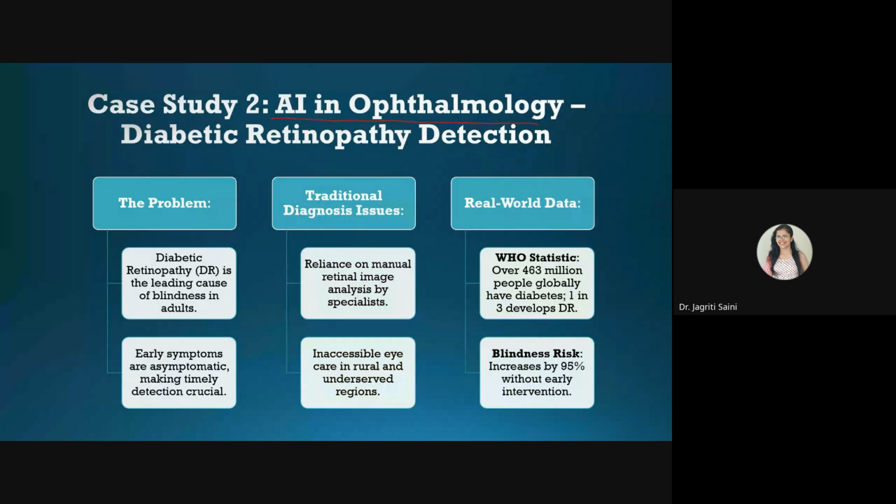Based on the stats obtained from WHO, more than 463 million people globally are affected with diabetes, and 1 in 3 is going to develop DR. This diabetic retinopathy issue is basically the blindness risk. So this is increasing by 95% if early intervention is not made. So in order to deal with the crisis that we can have with this